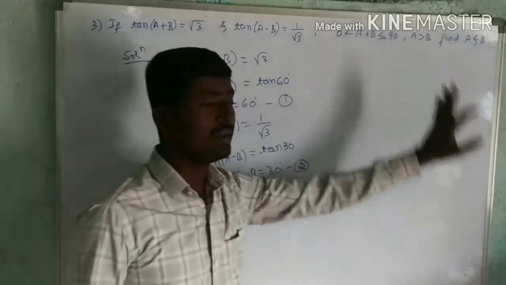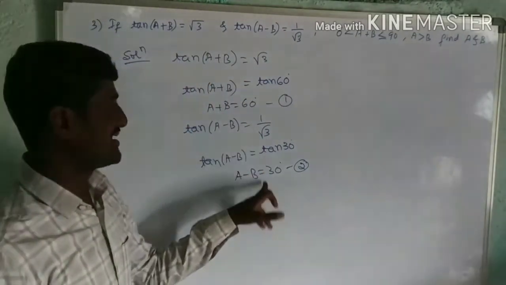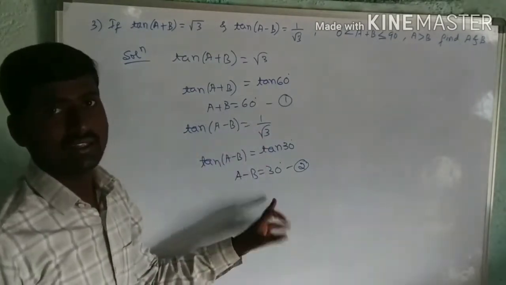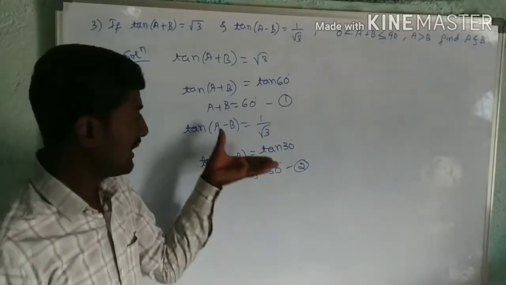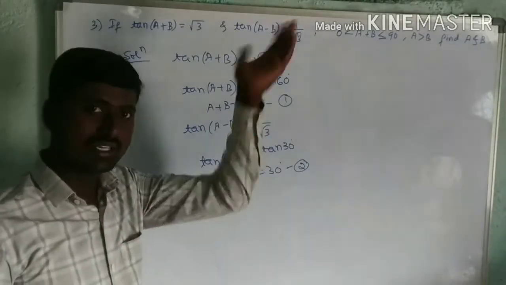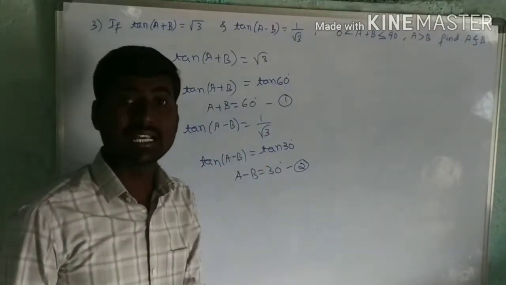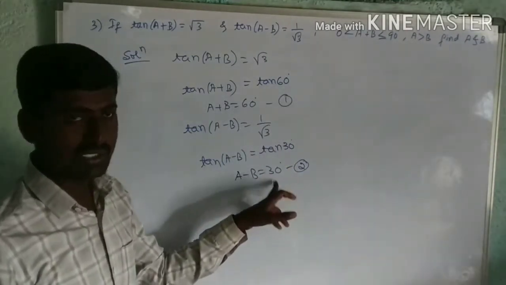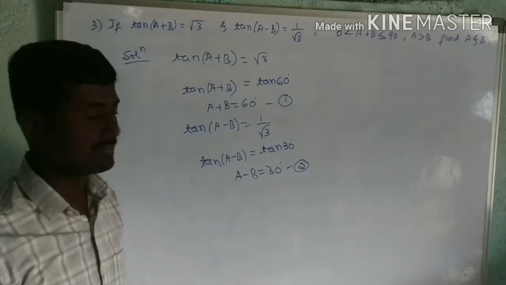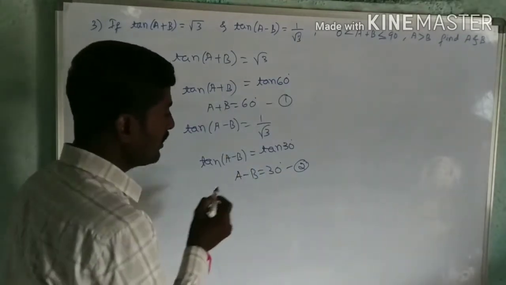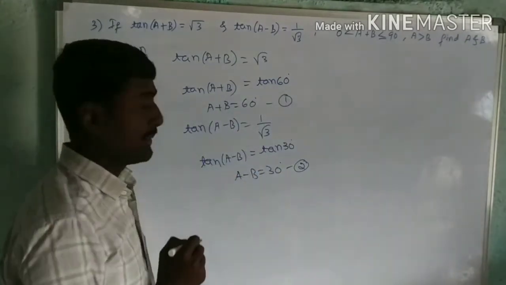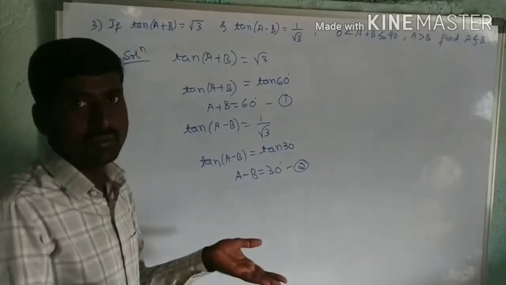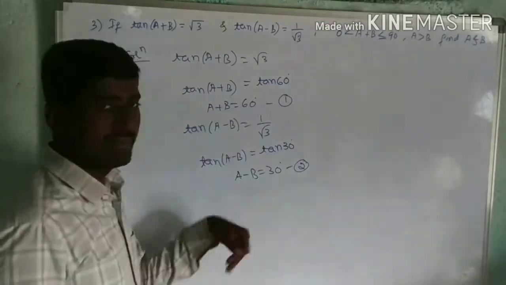Now we have to find the value of a and b. Here I got two equations, that is linear equations in two variables. We have to solve these two equations and find a and b. Usually in linear equations we use variables x and y. Here the variables are a and b. Now I have to solve. Here plus b is there, here minus b is there. We have to eliminate one variable, so by adding these two equations, b will get cancelled.